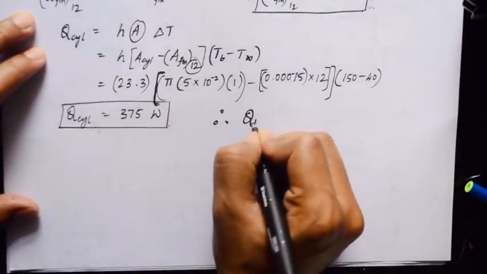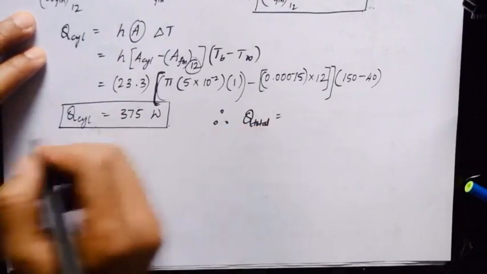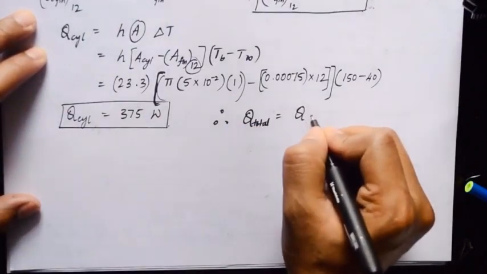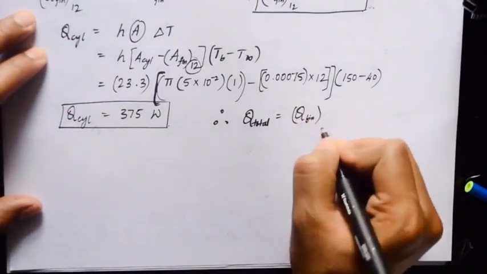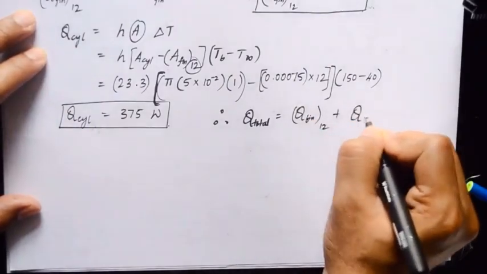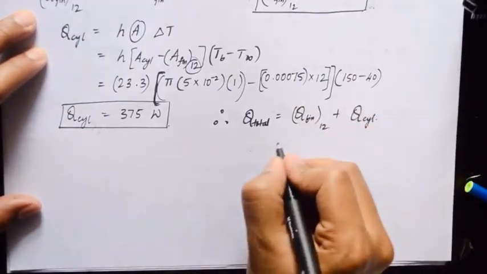Therefore, the total amount of heat transferred when fins are attached is going to be the heat transferred by the fin, not one fin, 12 fins, plus the heat transferred by the cylindrical area. That's going to be